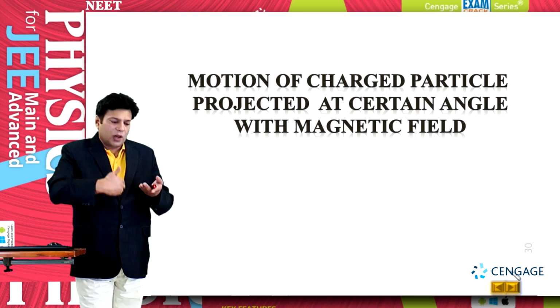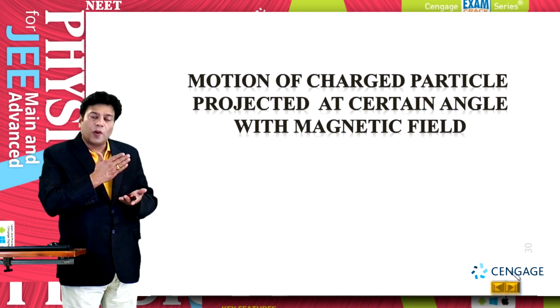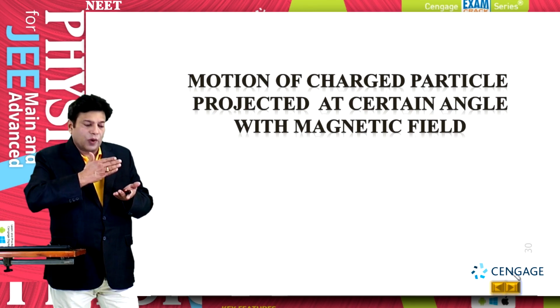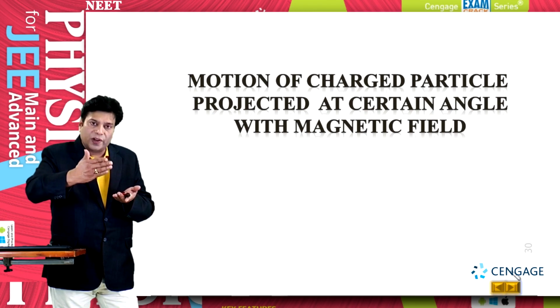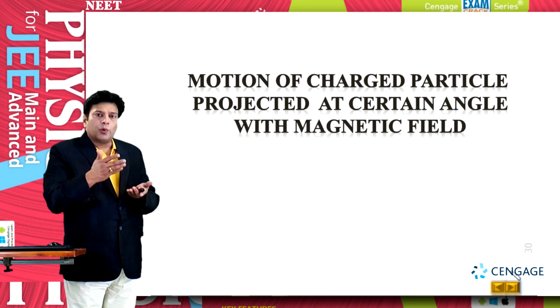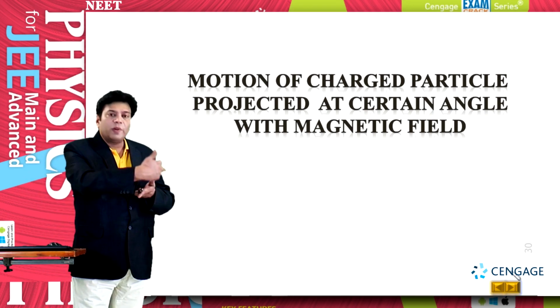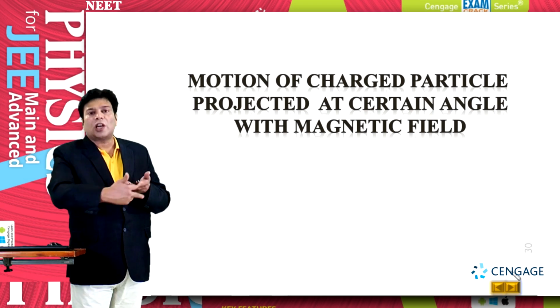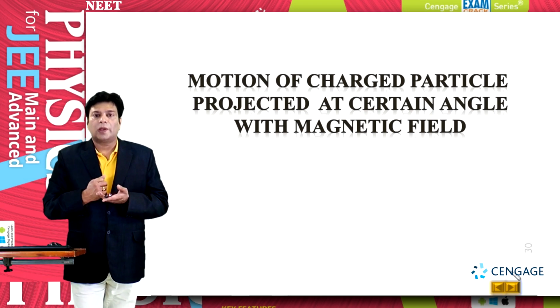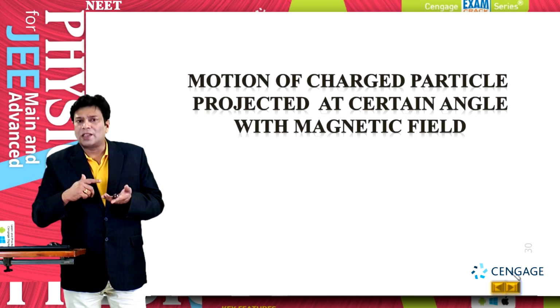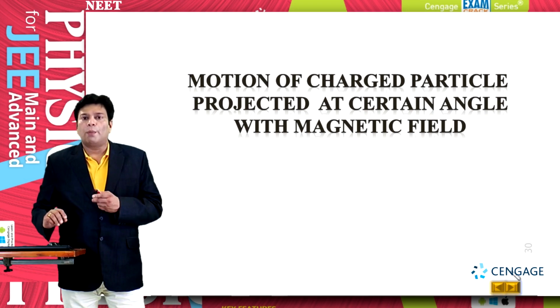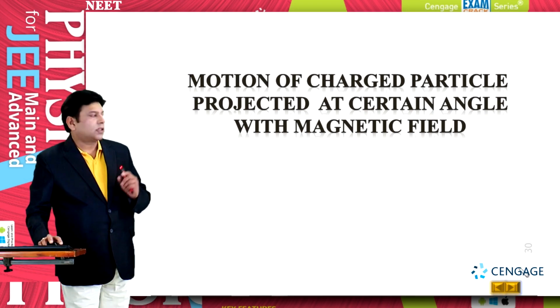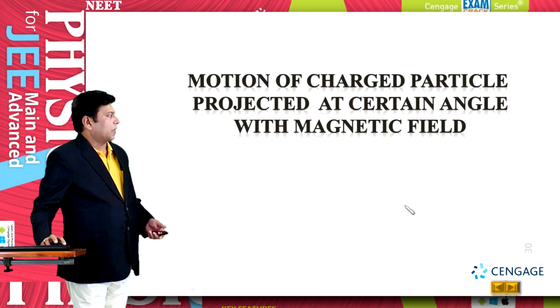While moving in the circular motion, the charged particle has one more component, that is the velocity parallel to the magnetic field. Because of this component, the charged particle will not move in a circular path. The path of the charged particle will be helical, and this helical path is about the direction of the magnetic field vector. So let us learn about the helical path.